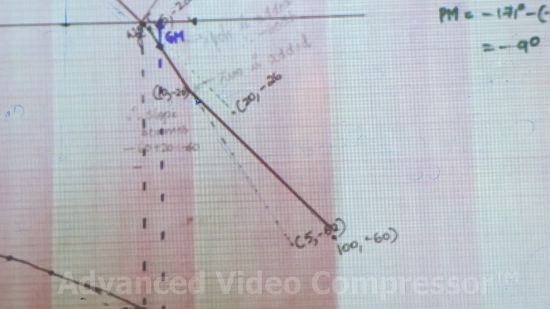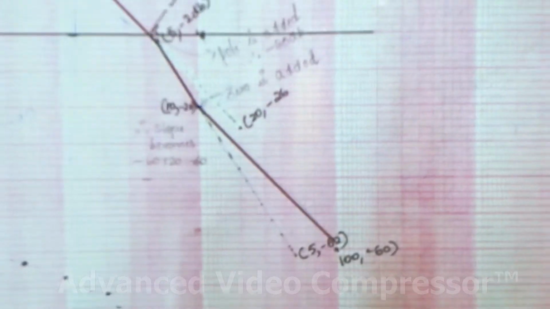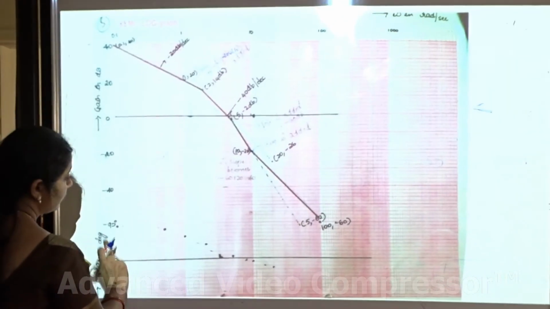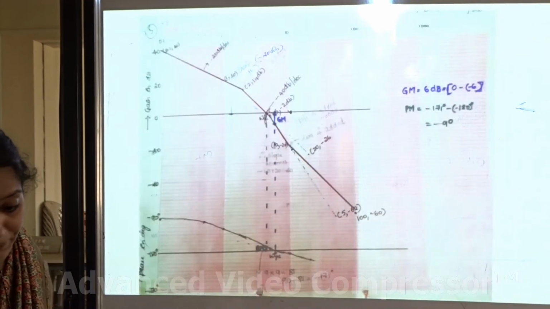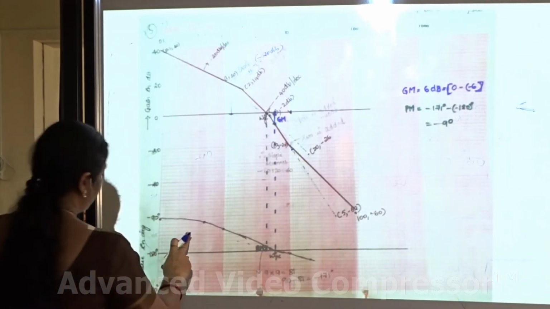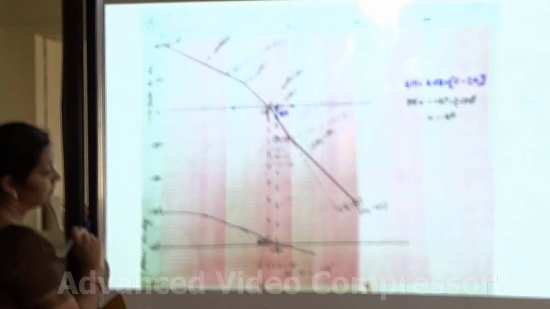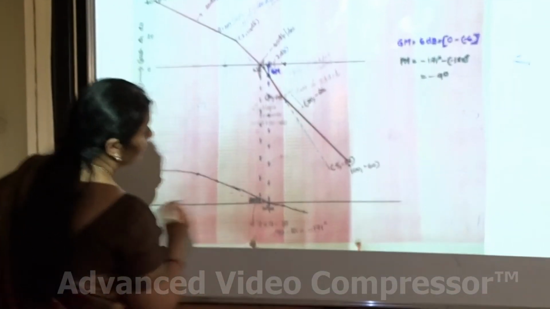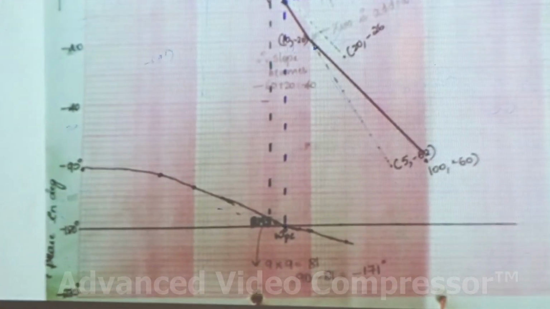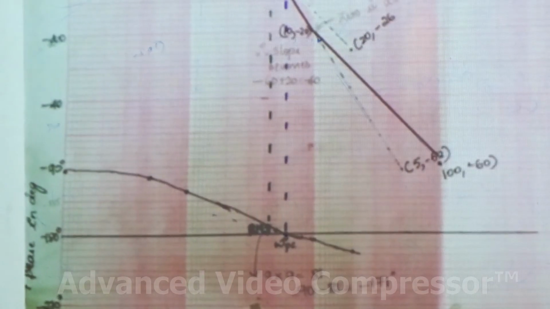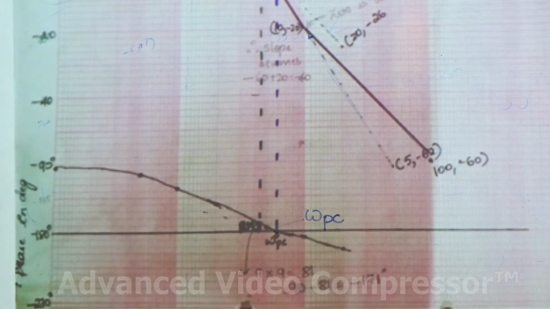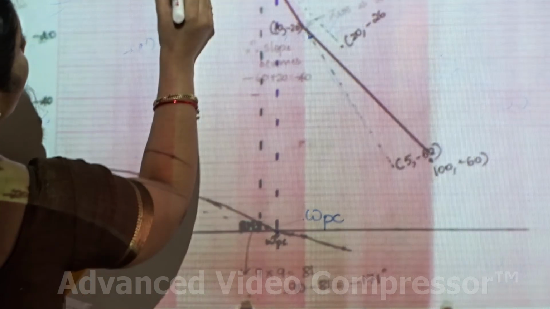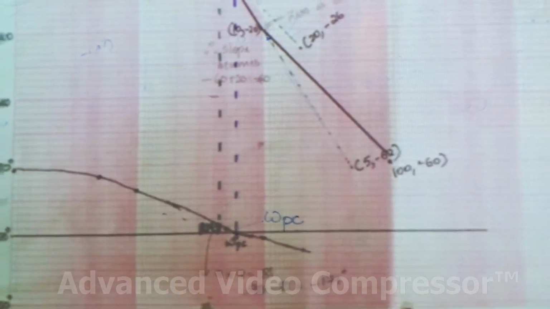See, this is the magnitude, and correspondingly after you draw the magnitude plot, for the phase plot you mark the points, then you join them, you get the phase plot as well, phase angles in degree. Then on this point, what is it called? This point is called the omega PC. What is omega PC? It is the phase crossover frequency. And this is called omega GC, which is called the gain crossover frequency.